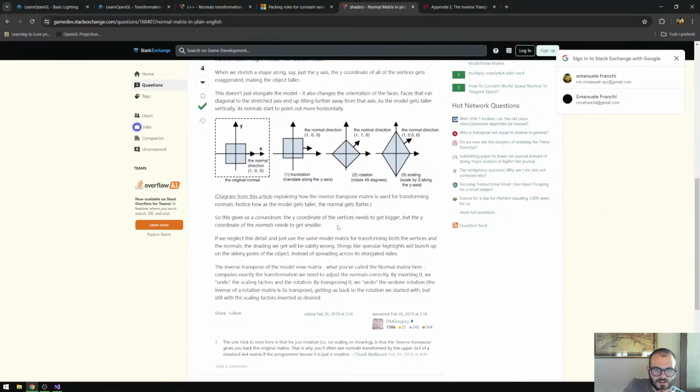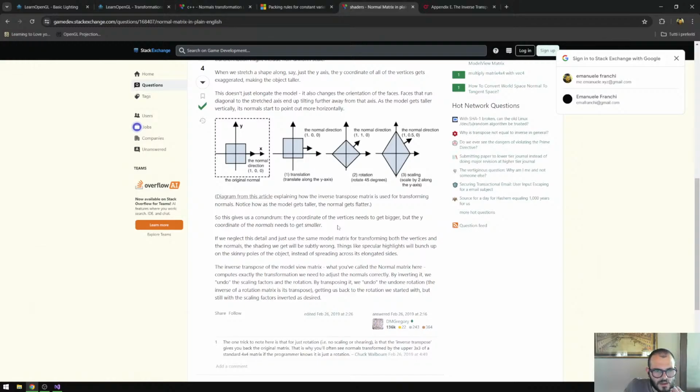Diagram from this article explaining how the inverse transpose matrix is used for transforming normals. So this gives us a conundrum. The y-coordinate of the vertices needs to get bigger, but the y-coordinate of the normals needs to get smaller. If we neglect this detail and just use the same model matrix for transforming both the vertices and the normals, the shading we get will be subtly wrong. Things like specular highlights will bunch up on the skinny poles of the objects instead of spreading across the elongated